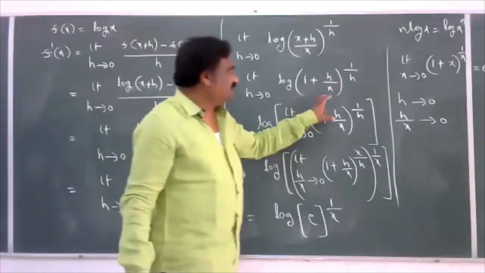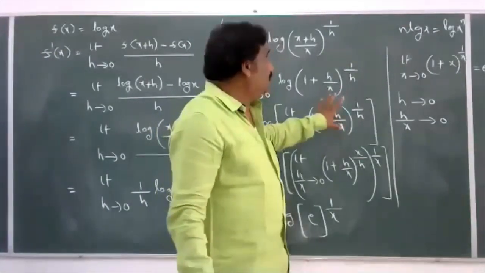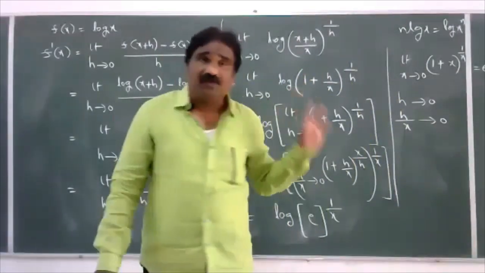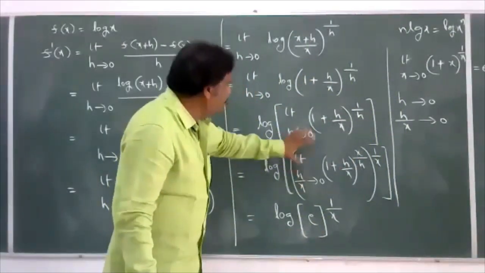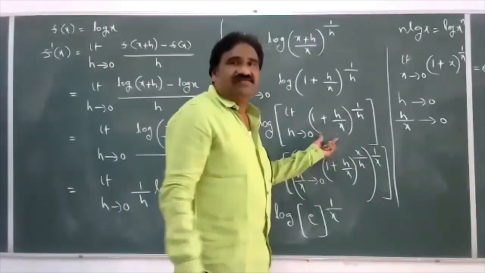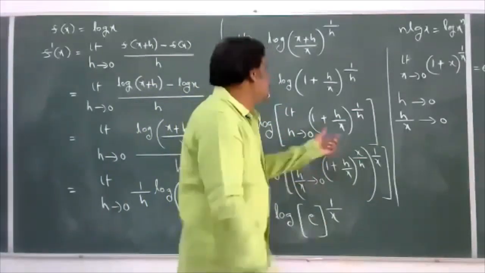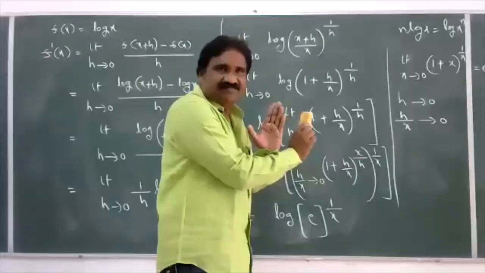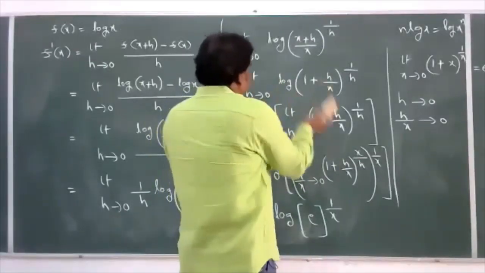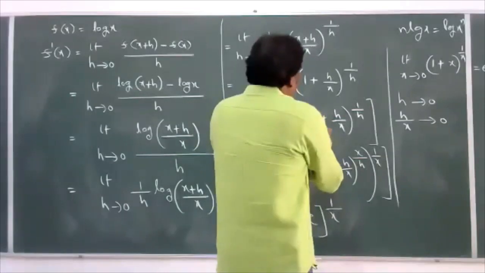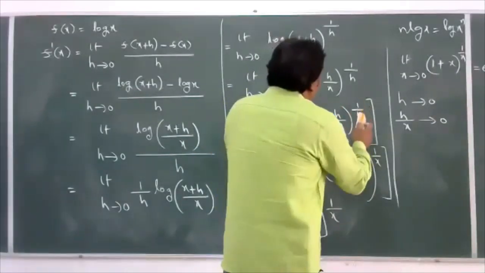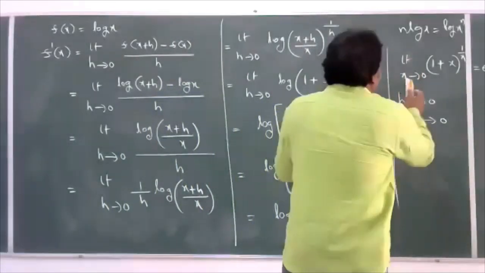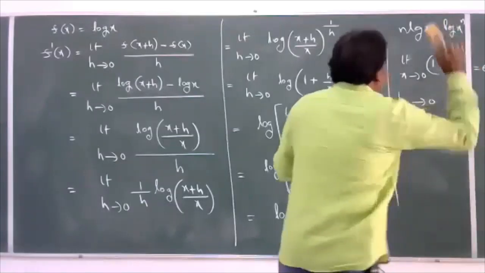Students, just observe, there is a confusion here. The limit is confusing, but we want to know the derivative of log x, that is 1 by x. We want to prove this. Just see this again. I discussed that the limit and the logarithmic function are interchanged. So logarithm of the limit h tends to 0 of (1 plus h by x) whole power 1 by h can be converted into the formula limit x tends to 0 of (1 plus x) whole power 1 by x is equal to e.